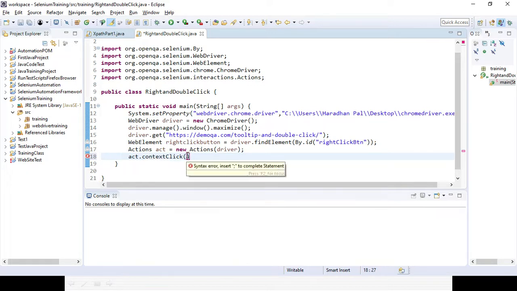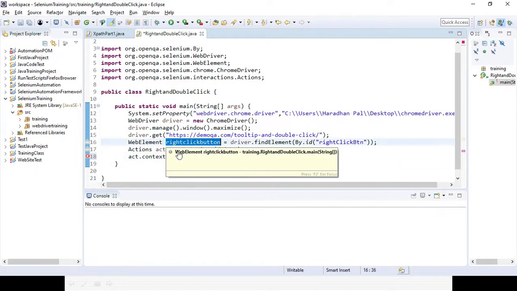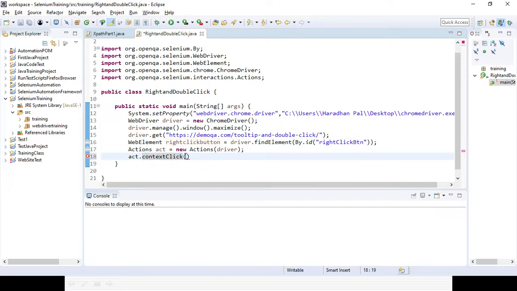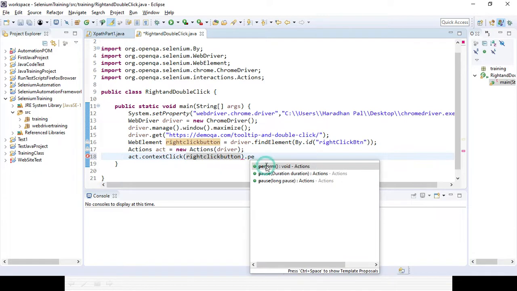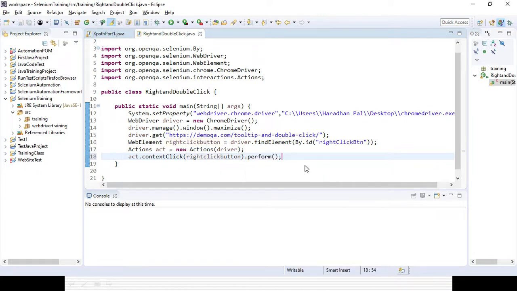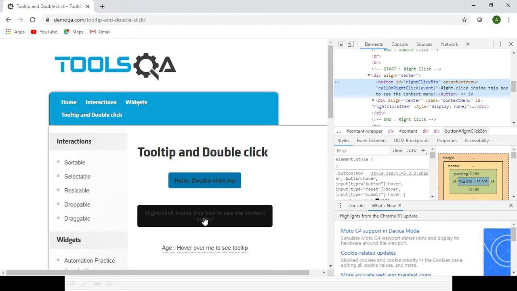That is the syntax; you need to do it. Here you can see if I right click here, a lot of options are coming, so it will display them.